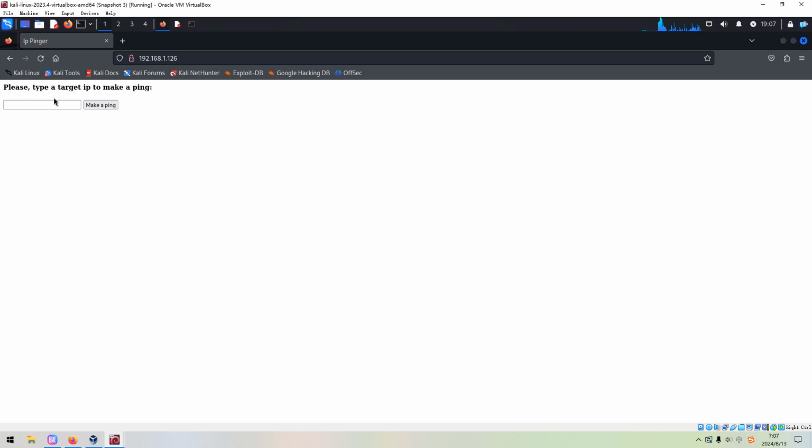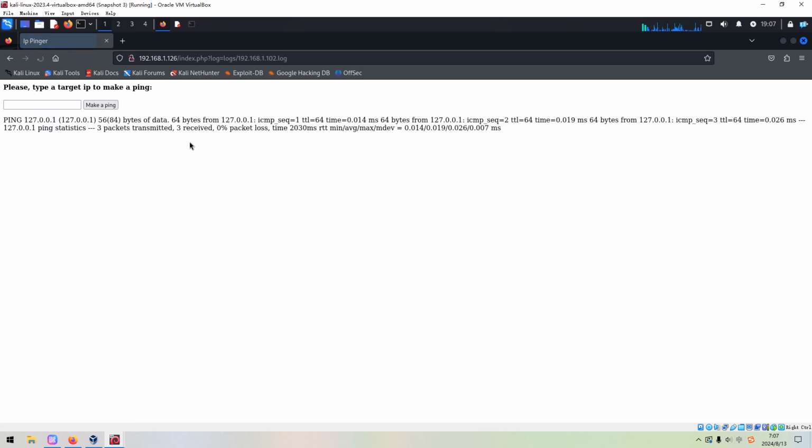As you can see, it says please type a target IP to make a ping. Okay, for example, we can put the localhost to make a ping to see what it's about, right? So we can get the result of the ping.